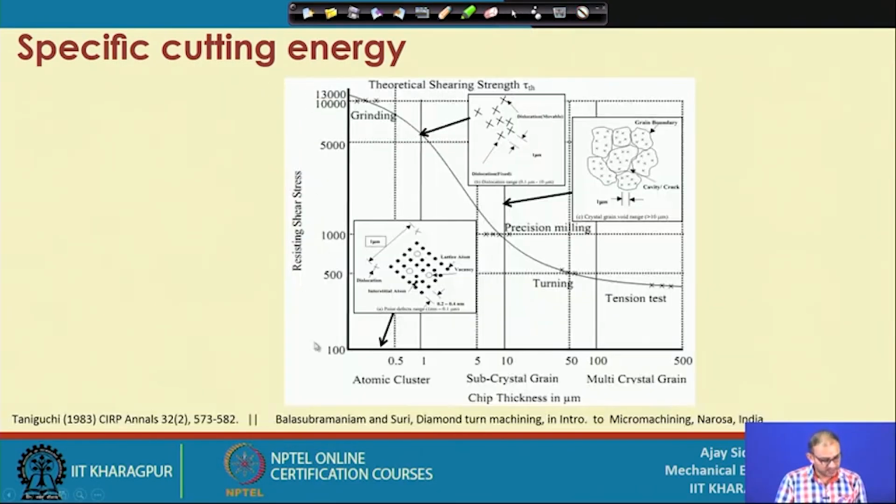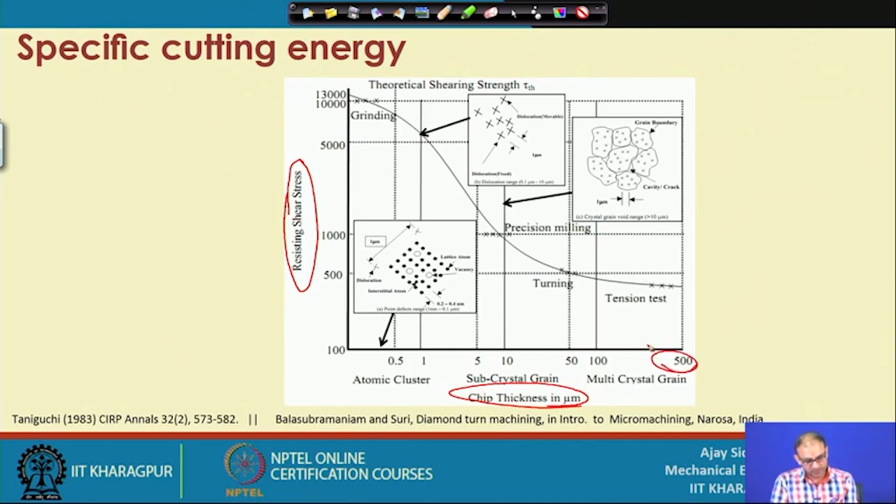Now, let us see this particular diagram where the uncut chip thickness is given on the x axis. So, this is the chip thickness, and here the resisting shear stress is given. So, now how does this happen? If you consider your chip thickness in the 100s of microns, what we generally do for those types of things is tensile testing, where we prepare a tensile test specimen and then do biaxial testing,